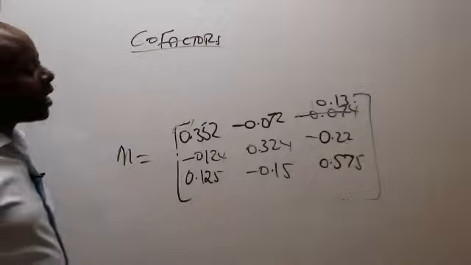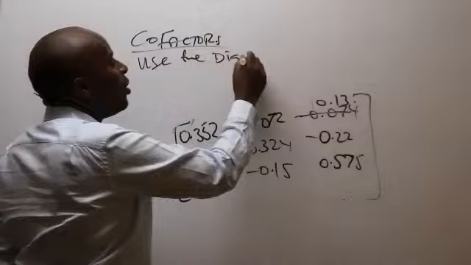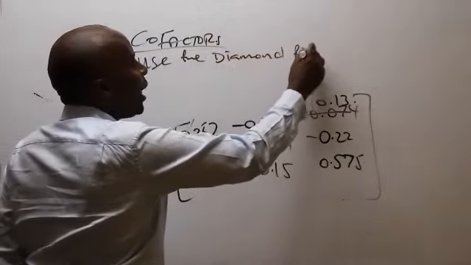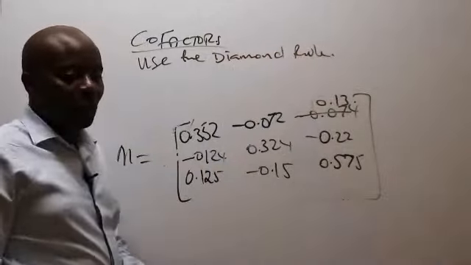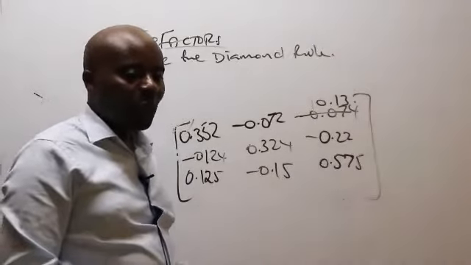Basically, to get cofactors, we use the diamond rule. We use the diamond rule. So you use the diamond rule, and at this particular juncture,